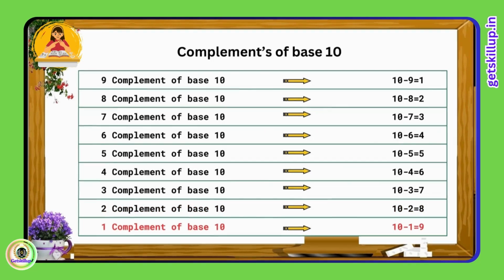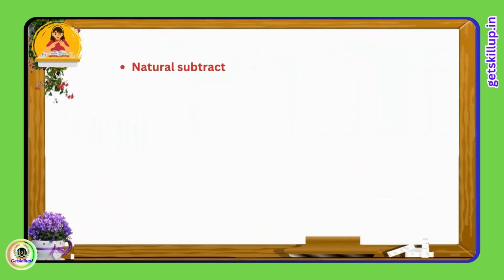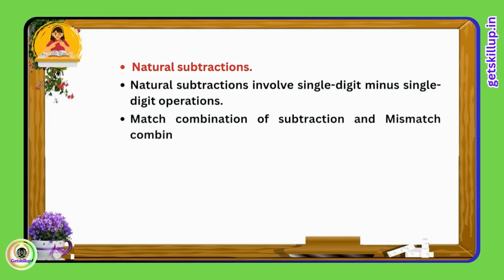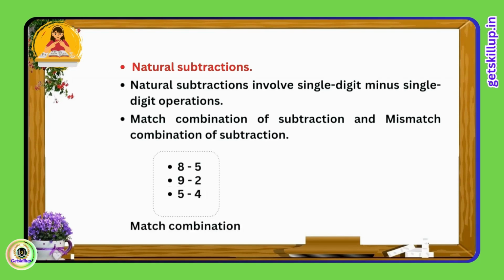Secondly, you must be aware of natural subtractions. Natural subtractions involve single-digit minus single-digit operations. In subtraction, we find the match combination of subtraction and mismatch combination of subtraction. If the subtraction is practically possible, it is a match number, and if it is not possible, then it is